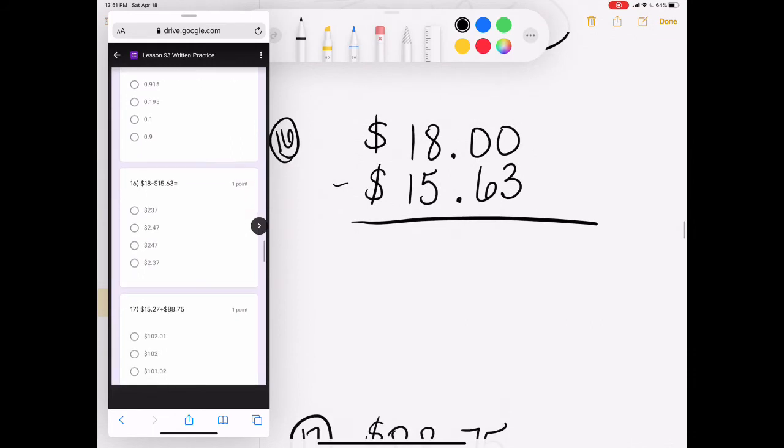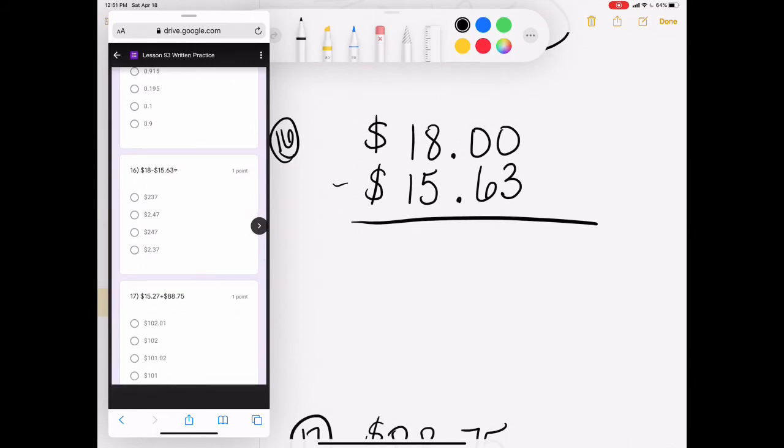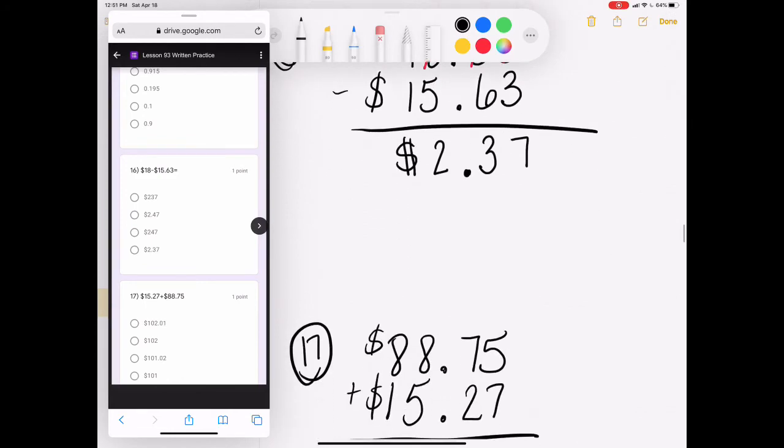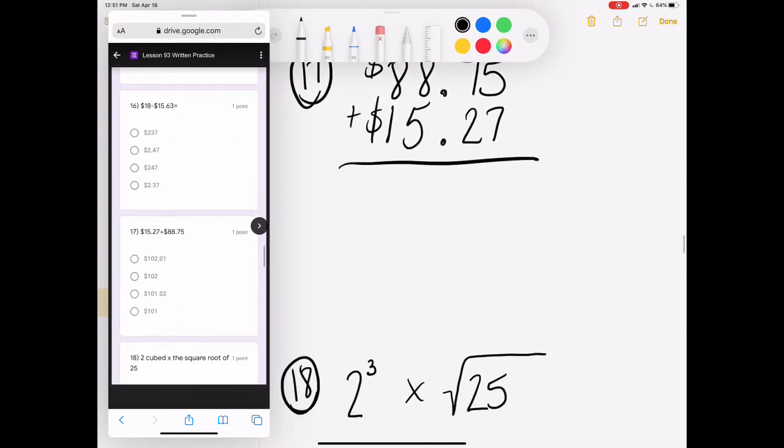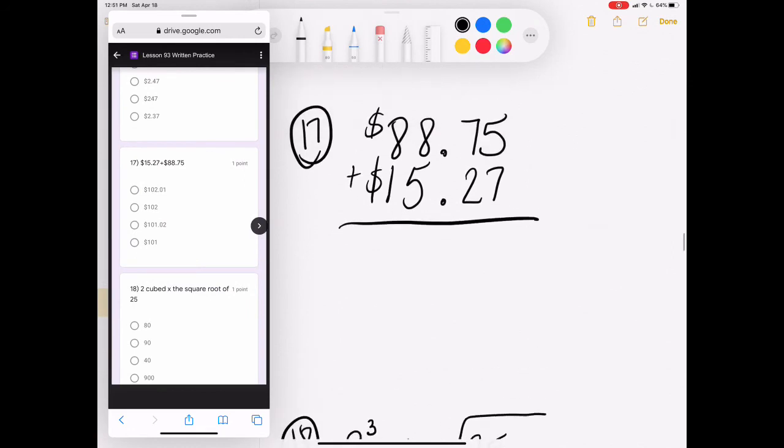Number 16, $18 minus $15.63. 8 becomes 7, 9, 10. 10 minus 3 is 7, 9 minus 6 is 3, decimal, 7 minus 5 is 2. $2.37 on number 16. Number 17, $88.75 plus